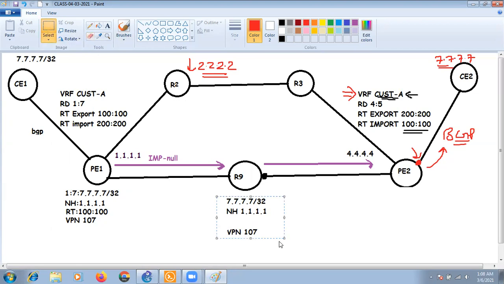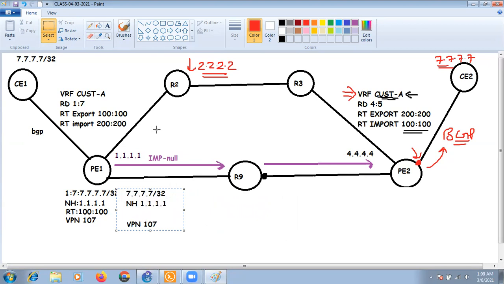So now finally PE1 is going to receive this particular information. PE1 receives the information with the label on an MPLS enabled interface. So now it is going to check its LFIB to see what it needs to do with this particular information.